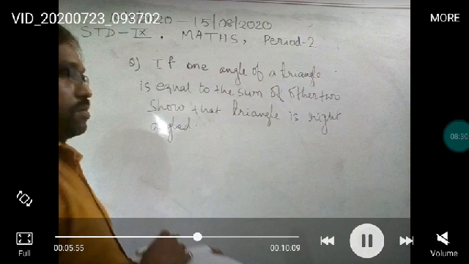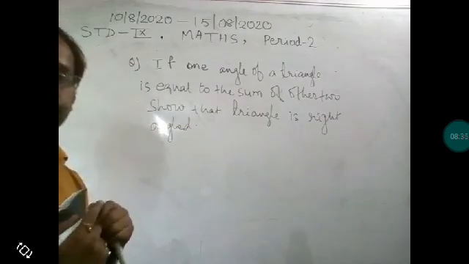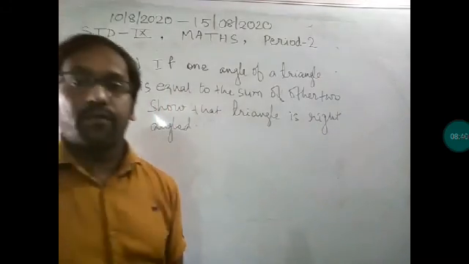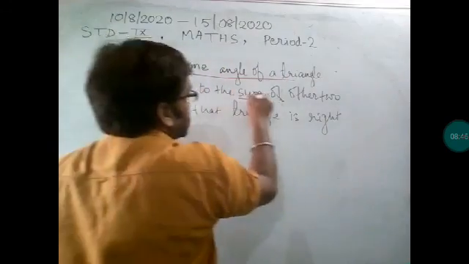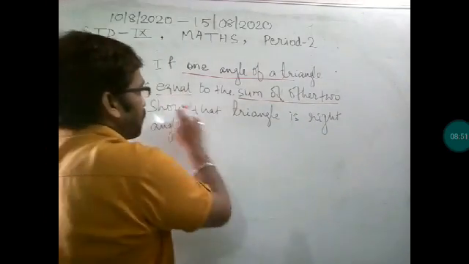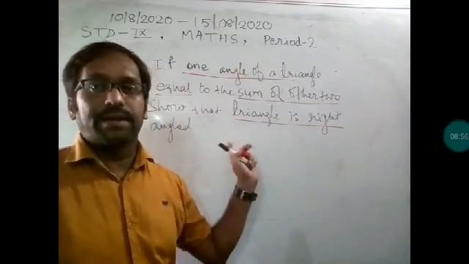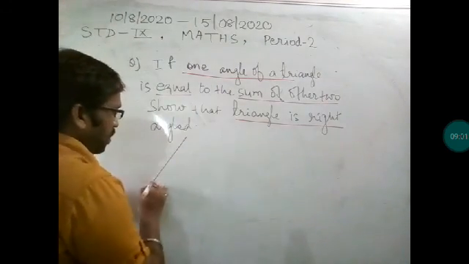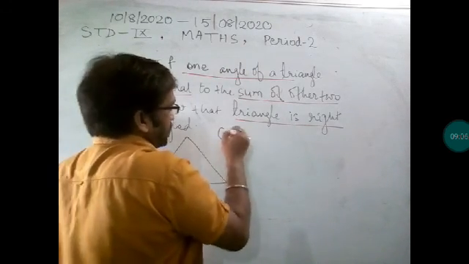So let us see how we have solved. A very important thing is that we have to draw the figure. In every such type of question, first of all we need to draw the figure. I have no idea which one is the right angle here. These red marks are the key of the solution. Like a lock is opened by the key, our question will be solved by these keys which I have red marked here. So let us draw the figure. I have no idea which angle is 90 degree, so I have drawn like this only.